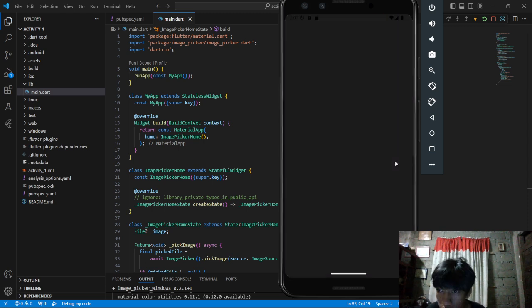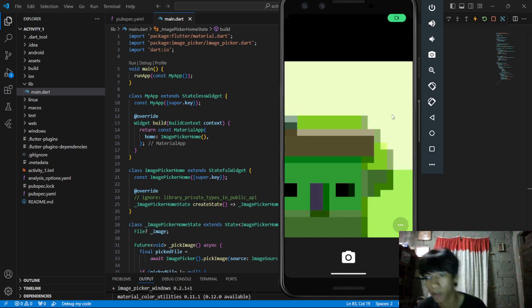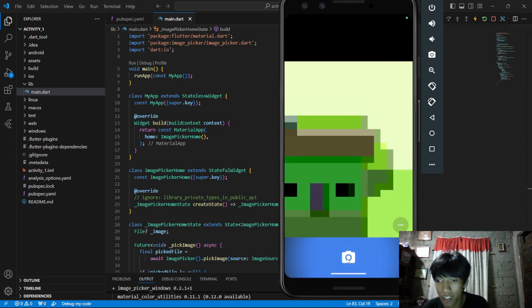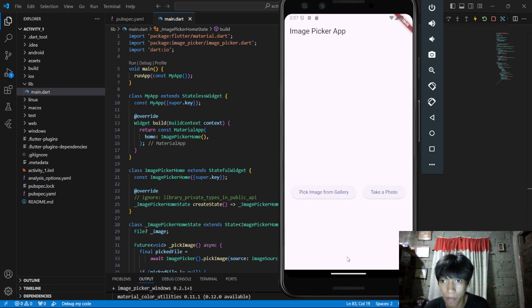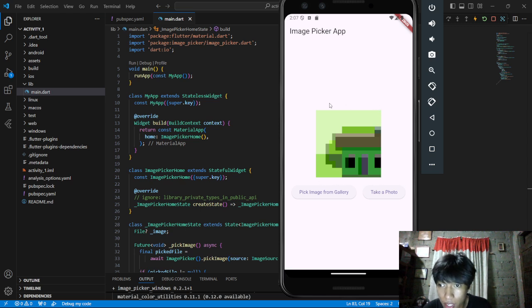So let's try the take image. It will use the camera of our emulator. So let's take. So we have the image, and that's it. If you use the camera, it will automatically get the photo you take and upload it into your app.